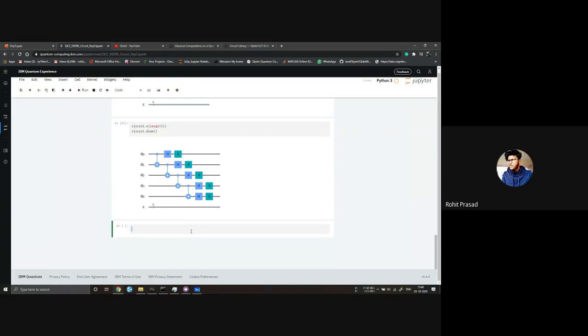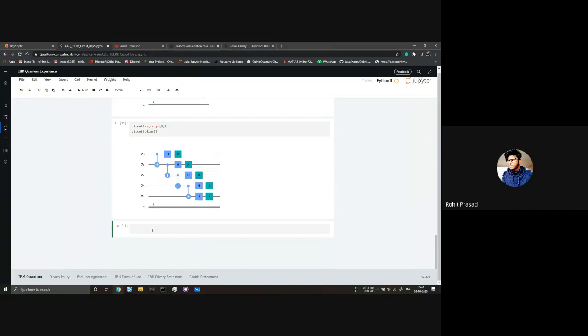Making a circuit and not implementing the measurement gate is like tossing a coin and then never seeing it again. You want the head or tail, but you are not looking at it. So we want to put our measurement gate at the end of every circuit if we want that probability result.